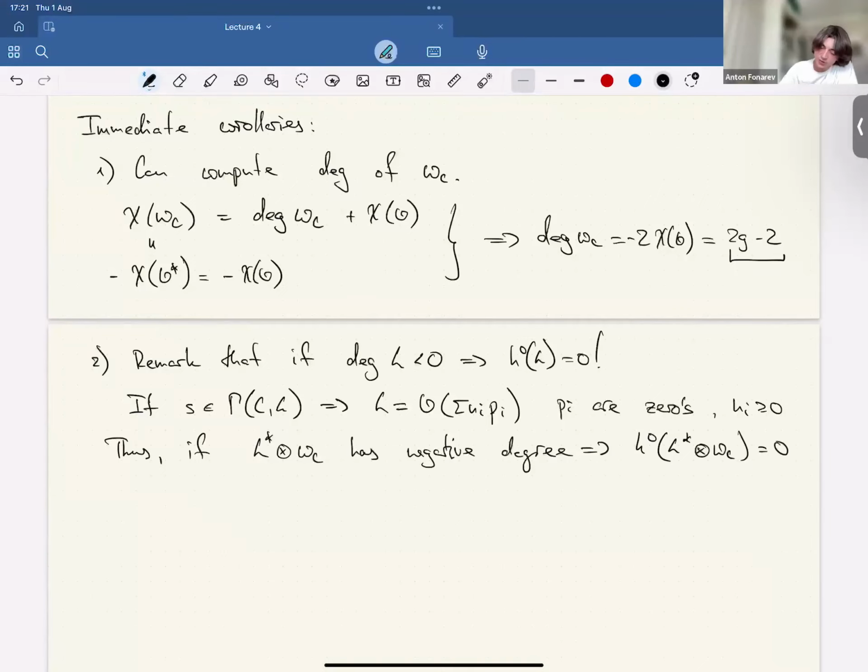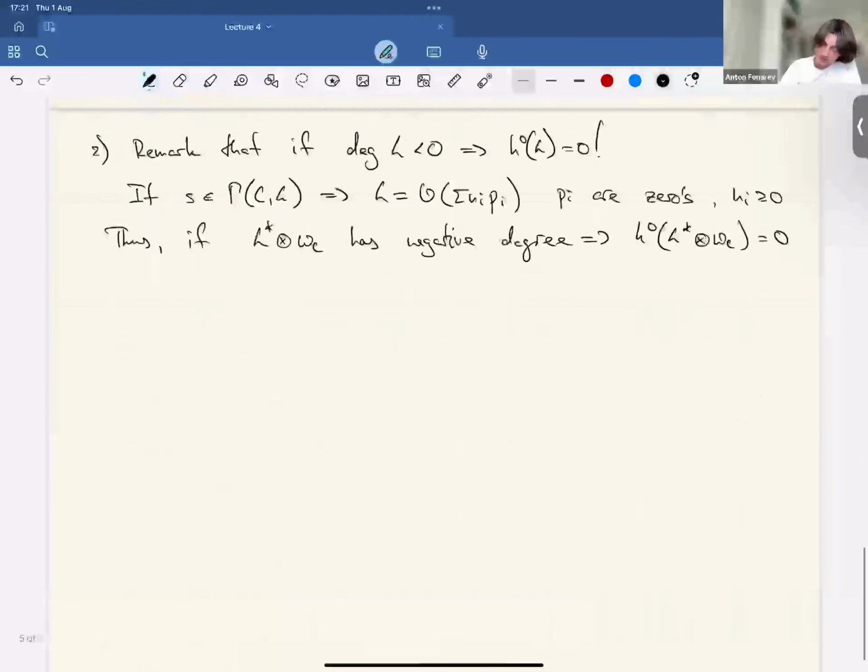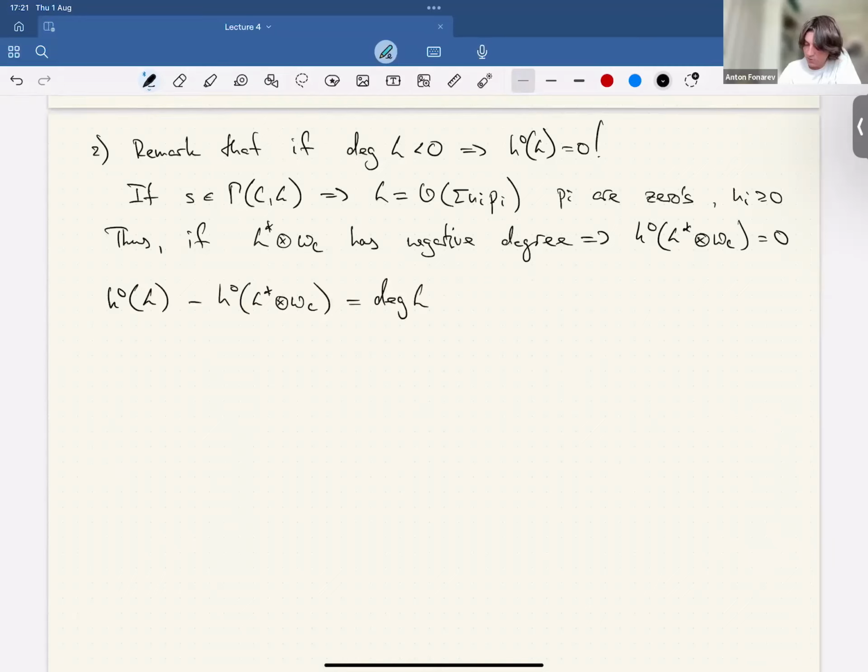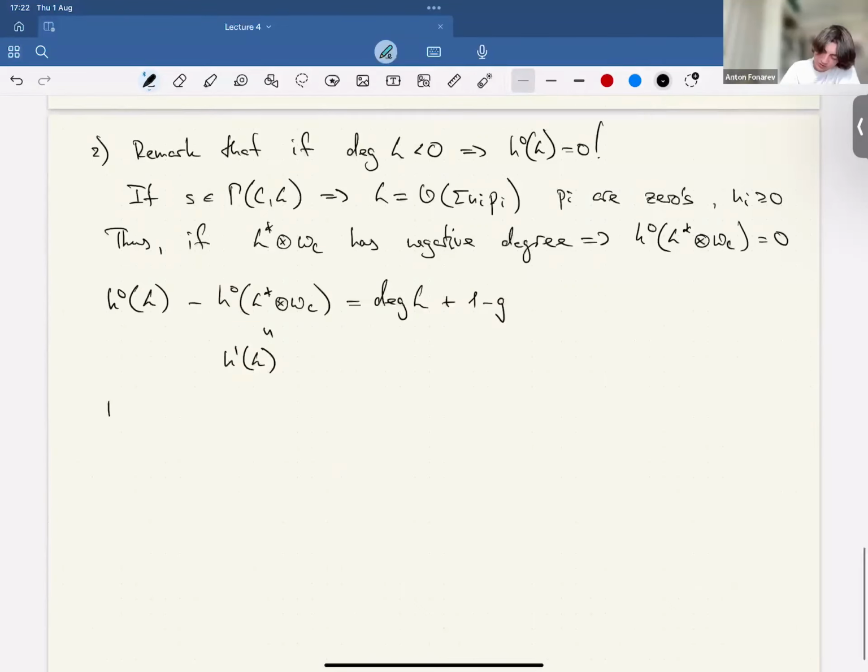But one version of our formula says specifically, I'm just rewriting chi, that H naught of L minus H naught of L dual tensor omega c equals the degree of L plus 1 minus g, where this is, by Serre duality, h1 of L. So in particular, we conclude that if the degree of L dual tensor omega c is less than 0,